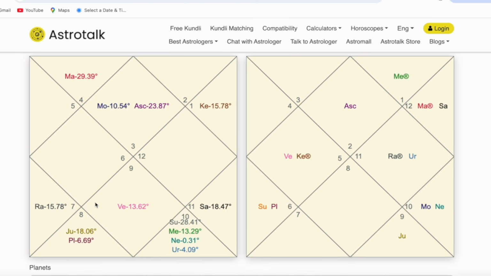Also because Saturn is sitting in the fortune house, and Saturn has an aspect over the seventh lord. So this becomes very important. Because Saturn has an aspect over the seventh lord, and Saturn is sitting in the Bhagyasthan, Saturn's position in general is very important, even if you look at marriage, because the ninth house is also seen when we see marriage. I will actually make a separate video on what houses and what planets to check for marriage.